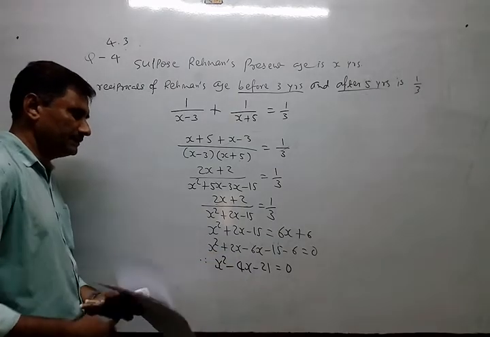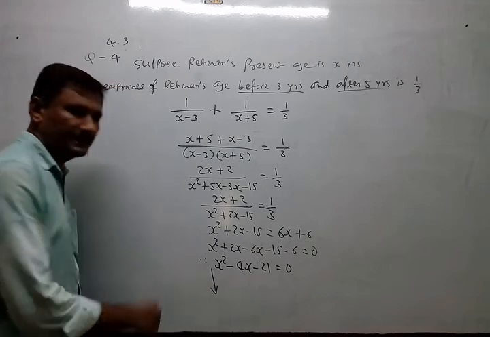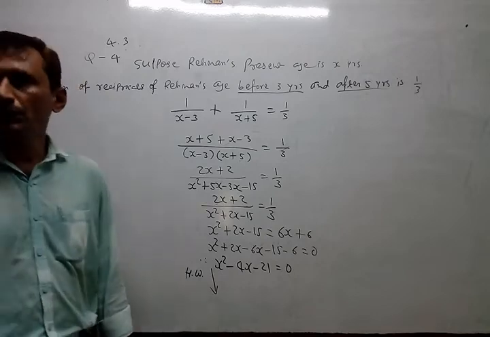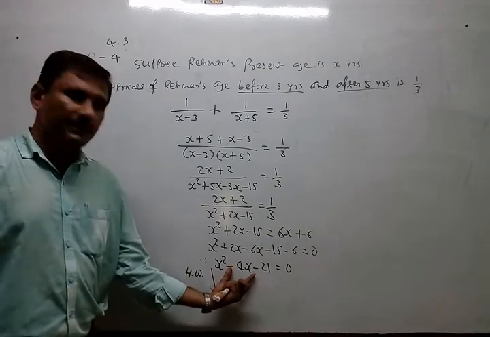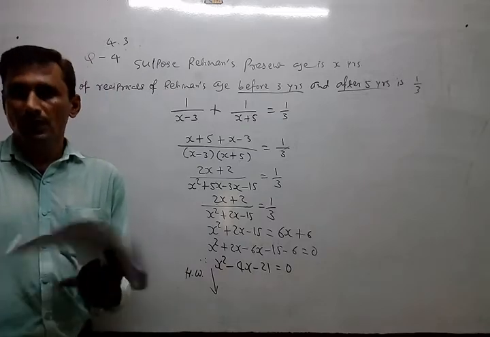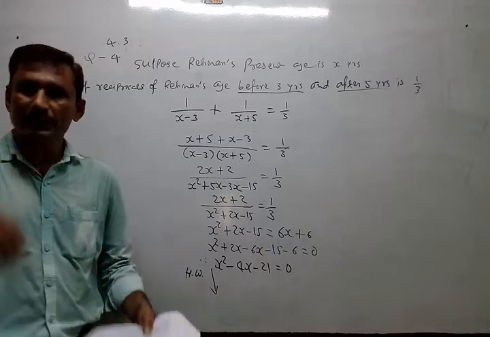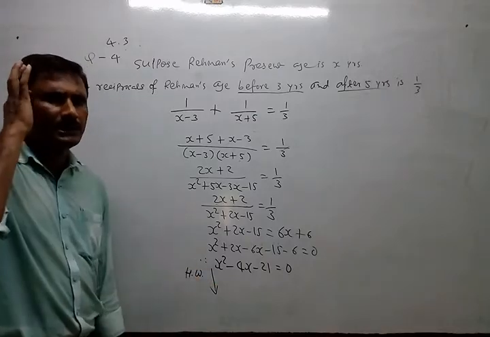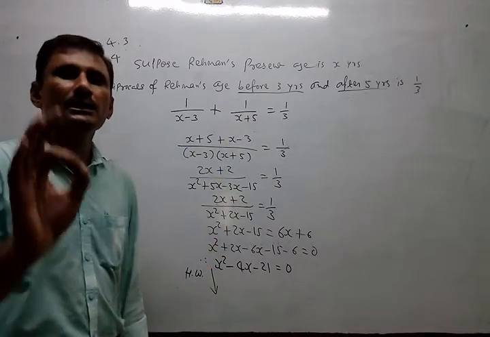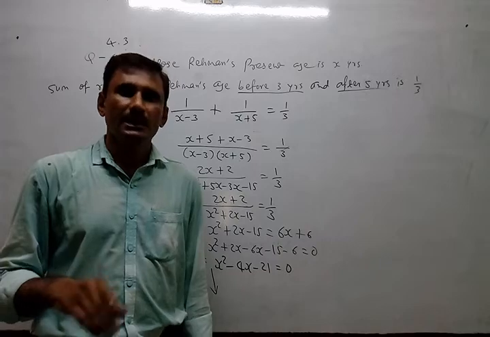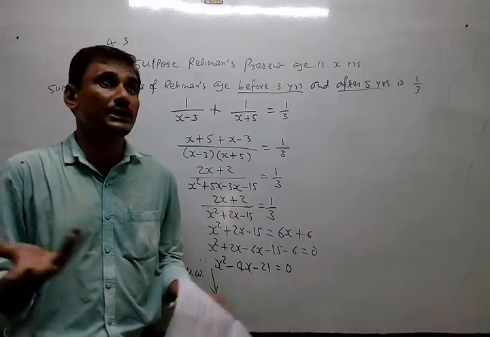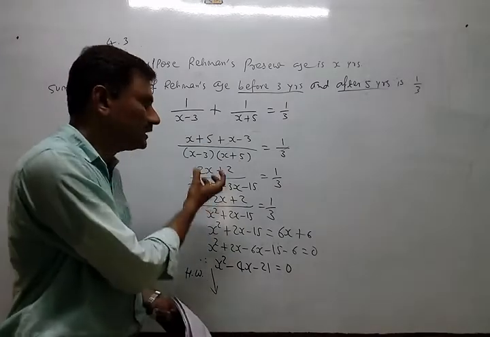Now you can solve it by any method. So it will be in homework. Understand that? Okay? And if the factorization method is possible, then you have to select and follow the factorization method. And if not possible, then select any one. But mostly in word problems, the factorization method will be possible. Why? Because answers are expected in rational form only, not in irrational form, because it is some practical problem.